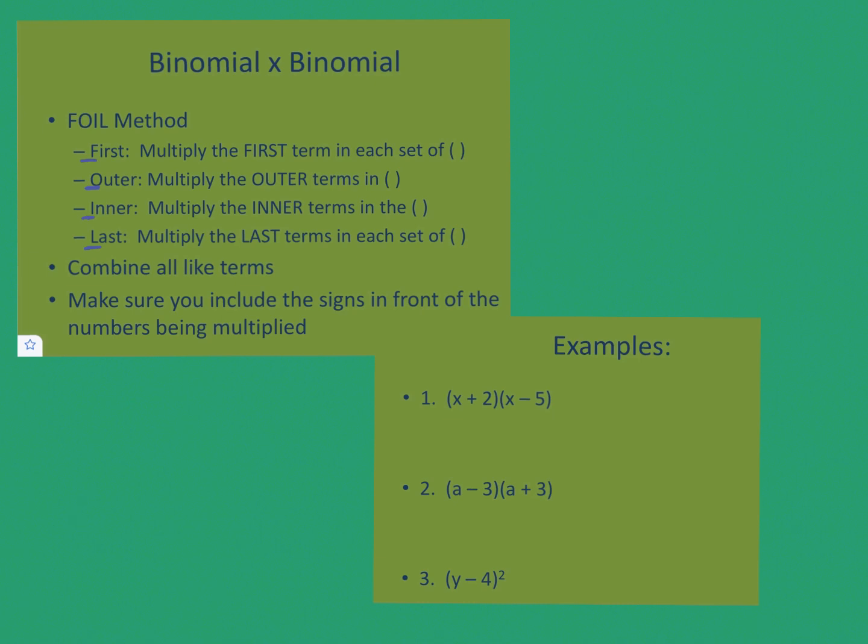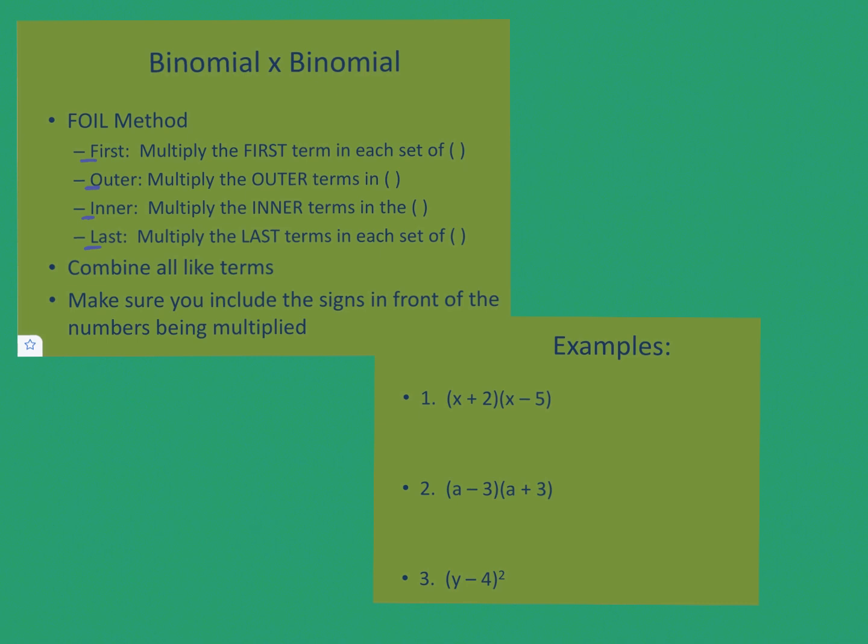When you multiply a binomial times a binomial using this FOIL method, you end up with 4 terms when you multiply the F, the O, the I, the L. You will most likely have some like terms. Usually they come from the outer and the inner. So you can combine those together,